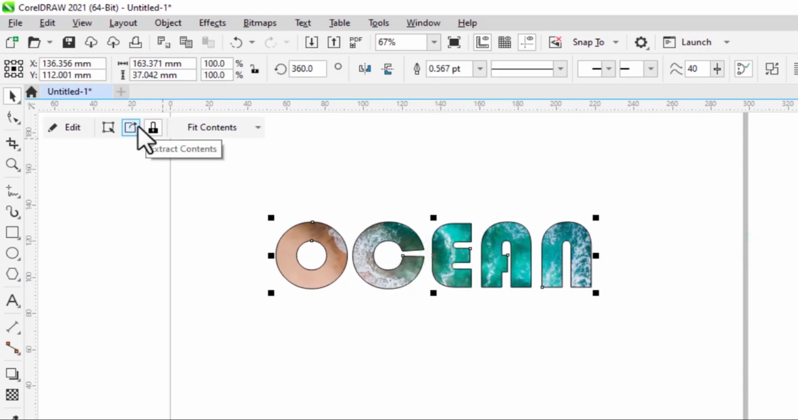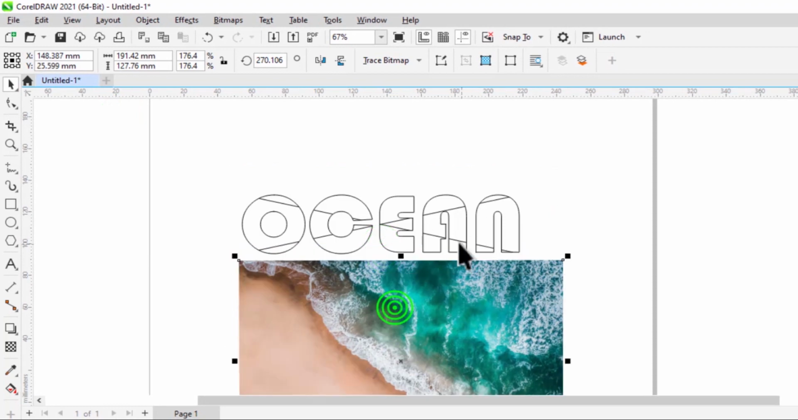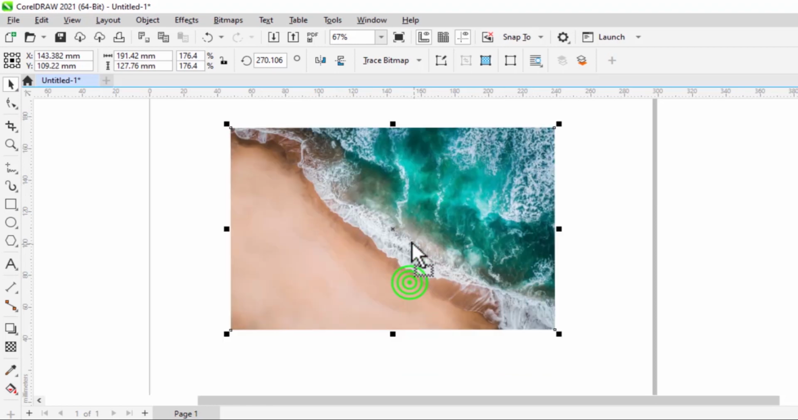That one is Extract Contents. Now this will separate the text and the image. Now here you have the image, and you can see the text has this X to it. This means that this text is now being considered as a picture frame. So that means it's a picture frame for this image, and if I take it back,